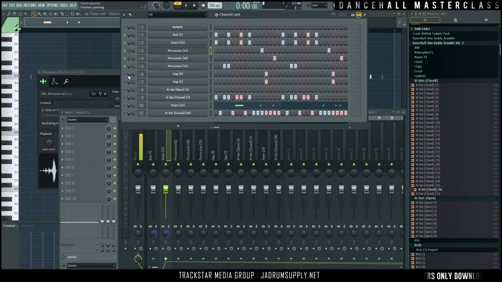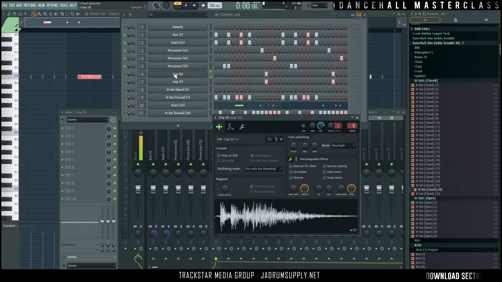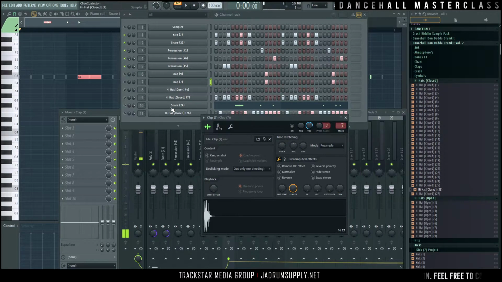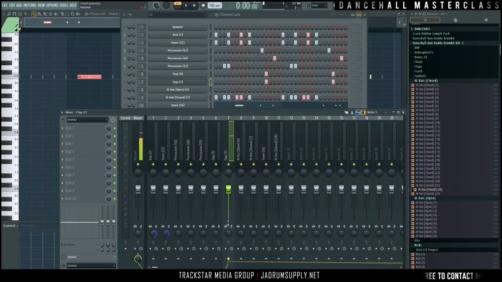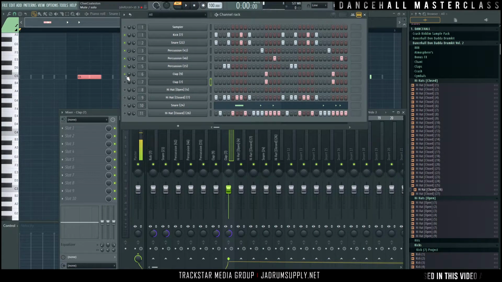So the claps, once again, these claps seem very stereo to me, very wide. One way you can tell is if I force them mono, whether they lose any of the body or the character. Let's go back stereo. It doesn't lose anything. So these claps are pretty much mono, so we can leave them exactly where they are. So if we play with the claps now,